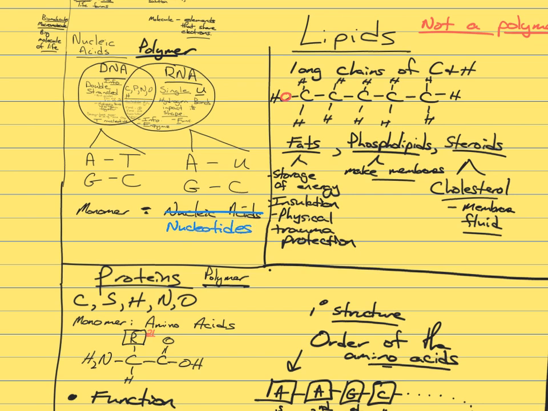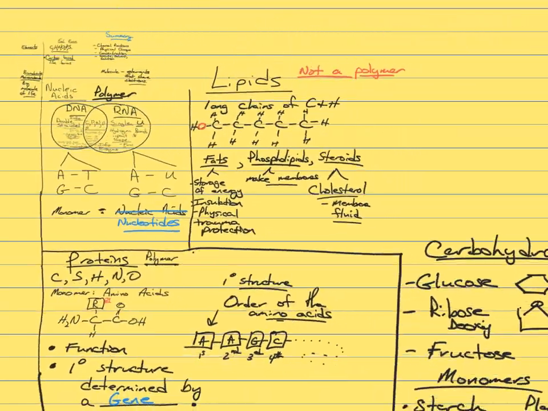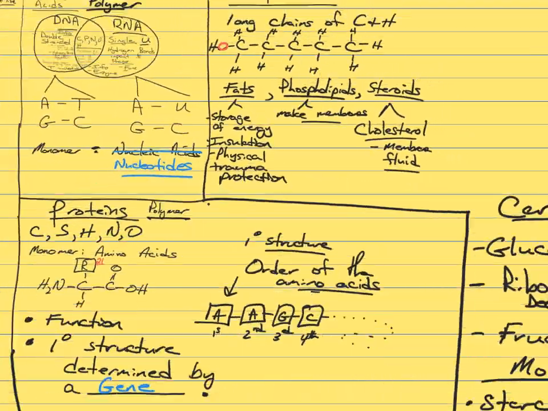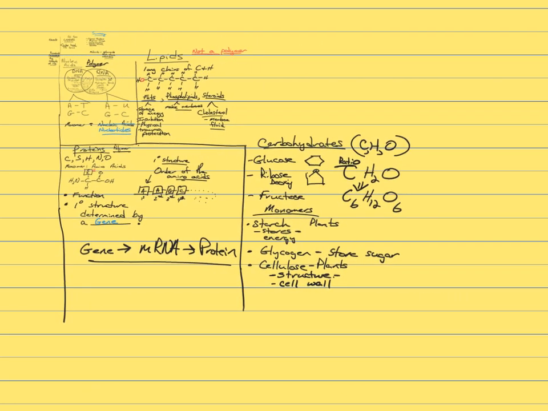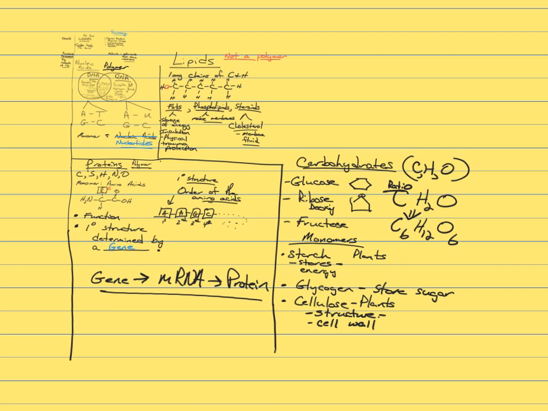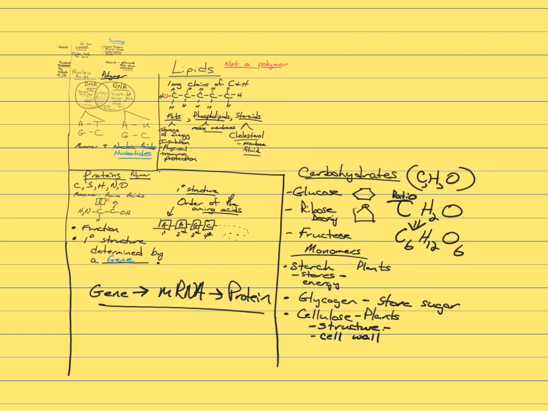On the lipids part, after physical, it says physical trauma protection. So it protects you against physical trauma. All right. So that's pretty much all the biomolecule stuff that we talked about. After that, the second mistake I made is it's not 21 amino acids,